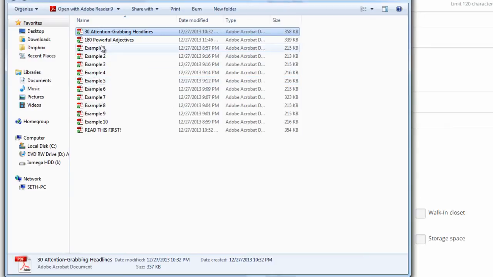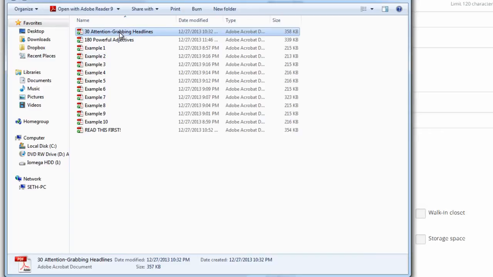And the way that you do that, first of all, is with some attention-grabbing headlines. And headlines are hugely important, especially in forums like Craigslist or Backpage, because a lot of times that's all they're going to see of your property. And the only thing that's going to make them click on it is if your headline says something that catches